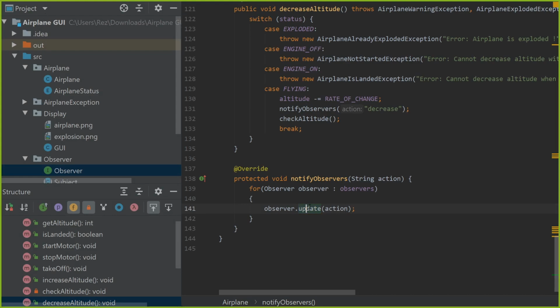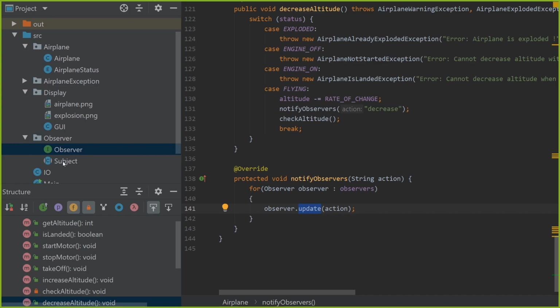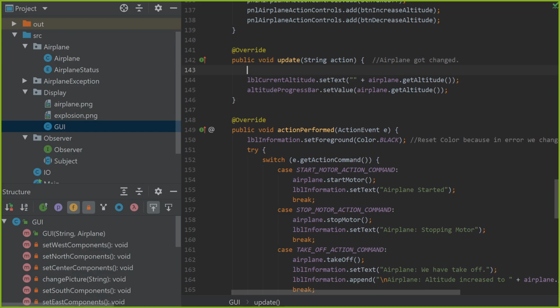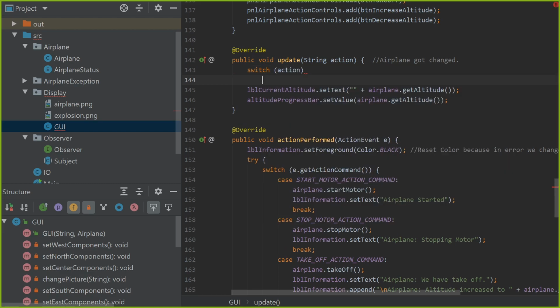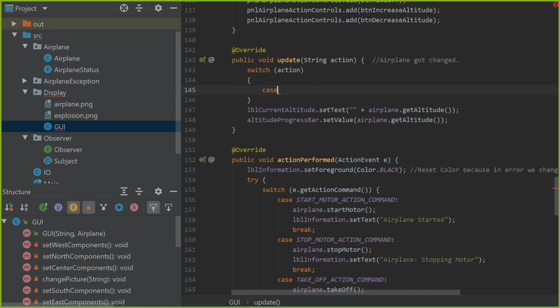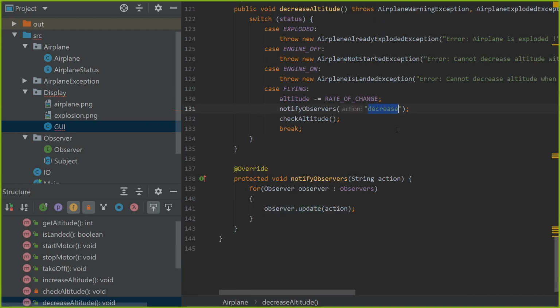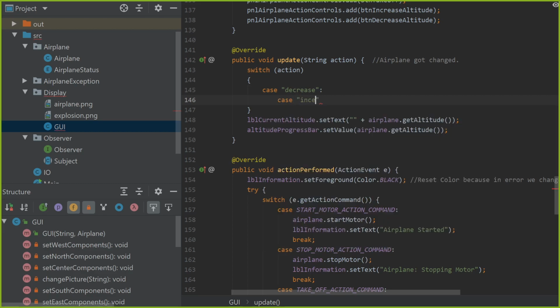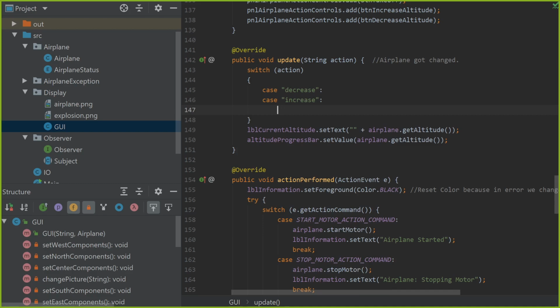So now that we send that action to our update, see we're modifying it, customizing it to our needs. Inside the GUI, which is getting the update, now it gets something called action. And now, based on that action, we could do, let's say, maybe a switch. Based on these types of actions we put here, so decrease, increase, all that stuff, we could do something such as, let's say, decrease. And in the case of increase, we could